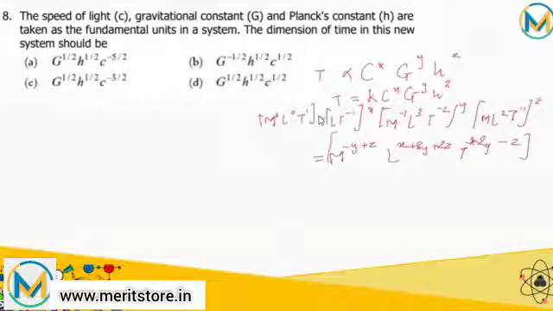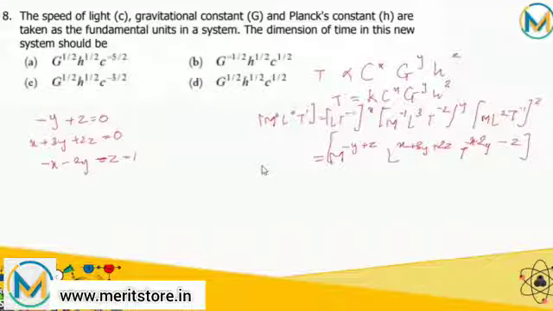Now comparing all these three powers of M, L and T, we get -y + z = 0, x + 3y + 2z = 0, and